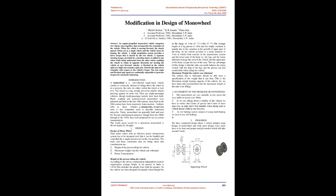1. Design. Design of monowheel. The monowheel with an effective power transmission system has to be designed such that it can be handled and controlled by a single person even in the rest position. The main and basic constraints that are being taken into consideration are: